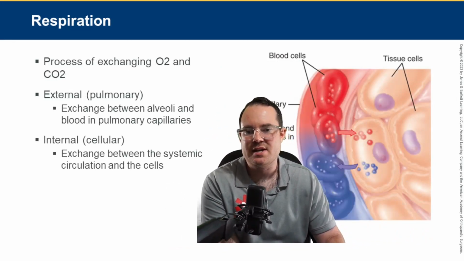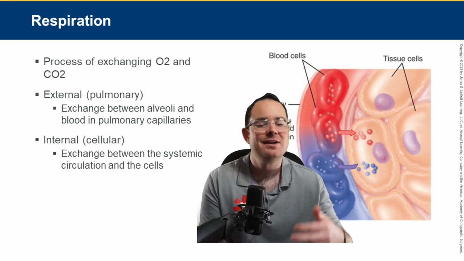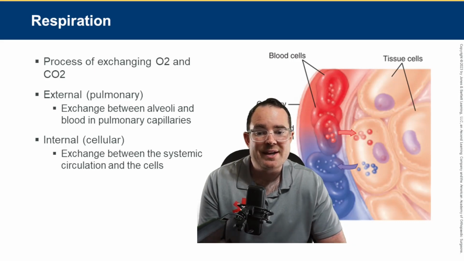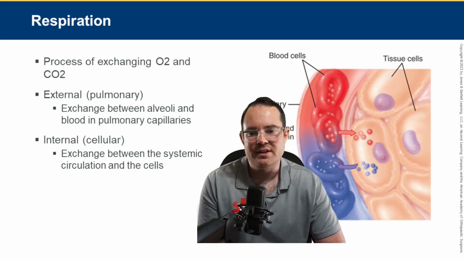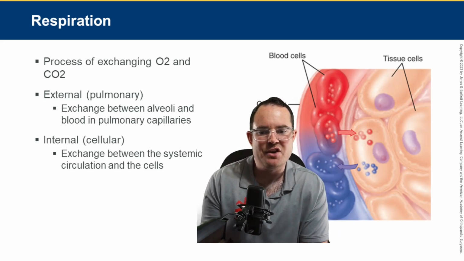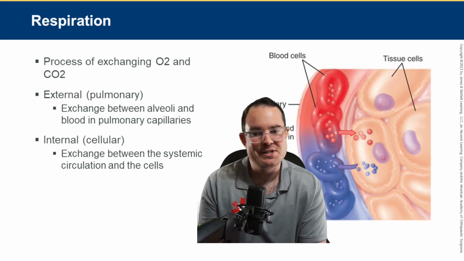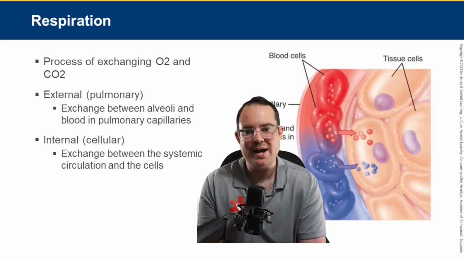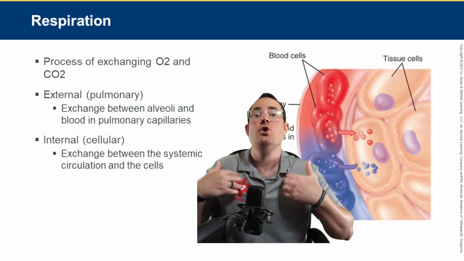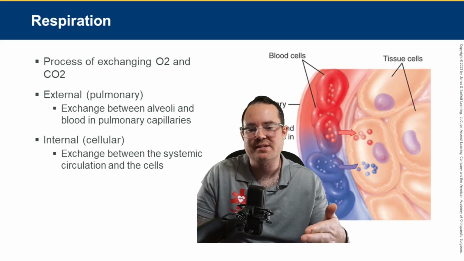Okay, taking a look at this, the process of exchanging oxygen and carbon dioxide is known as respiration. Again, for those of you who are taking notes, please write that down. Super important. There is external and internal respiration. Let's take a look at those definitions. External is known as pulmonary respiration, exchange between the alveoli and blood in the pulmonary capillaries. So pretty important, right? Because why is pulmonary respiration such a big deal? Says I breathe in oxygen and I exhale carbon dioxide. I'm getting rid of that waste through